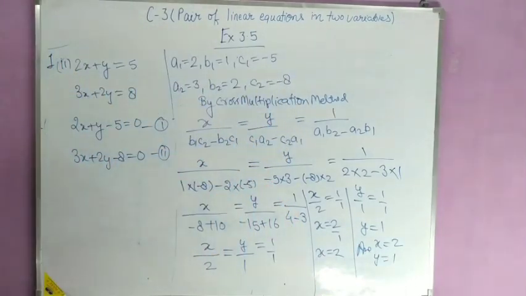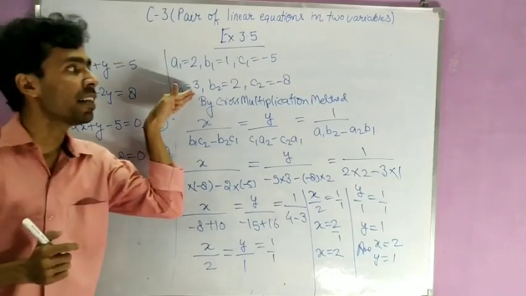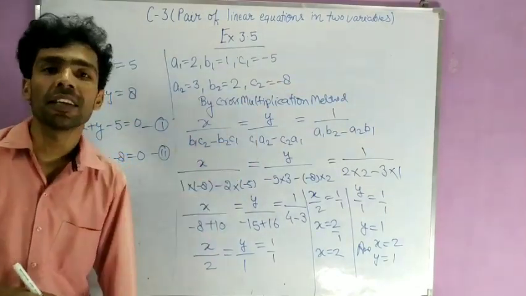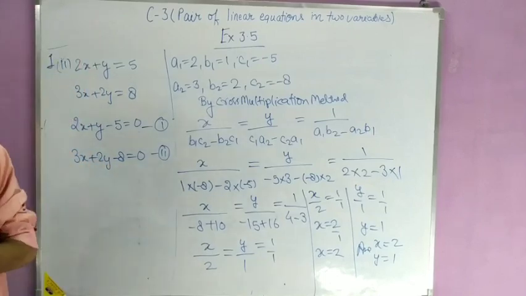So see how nicely I have put all the values and I got the answer. Okay, so this is the solution of the second part of question number 1. Just you have to memorize the formula. By seeing the equation you can find these values, and after putting all the values in this formula you can get the values of x and y.